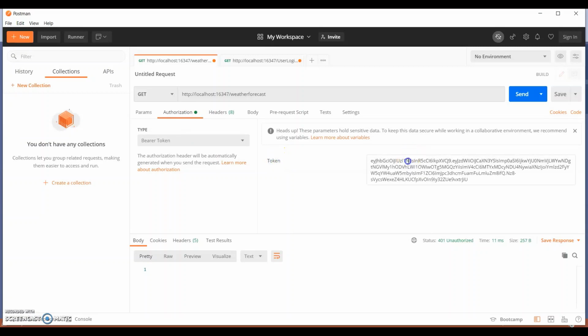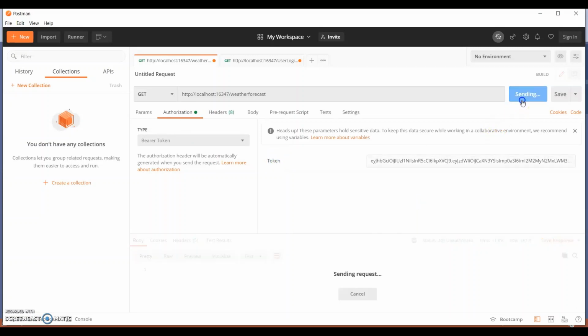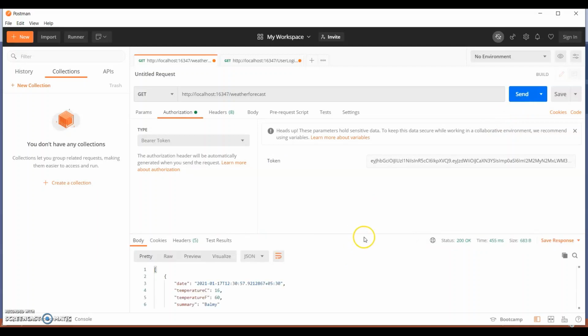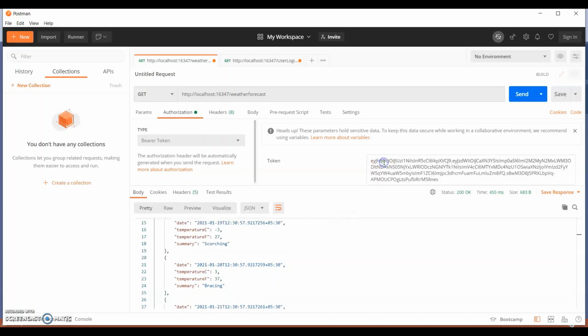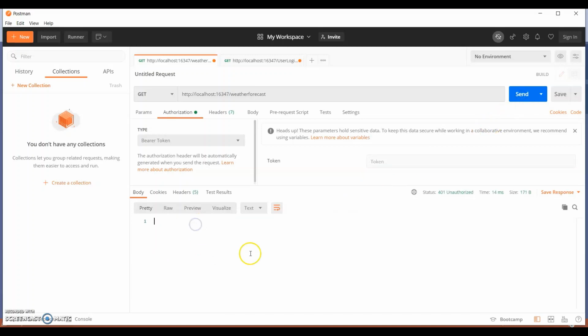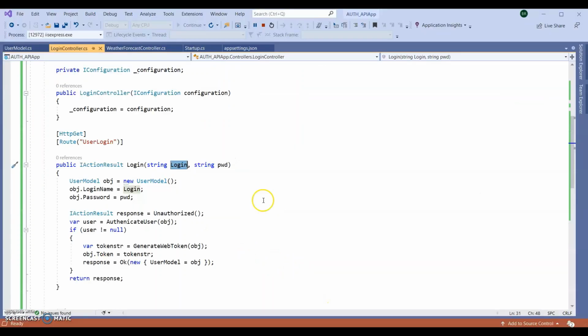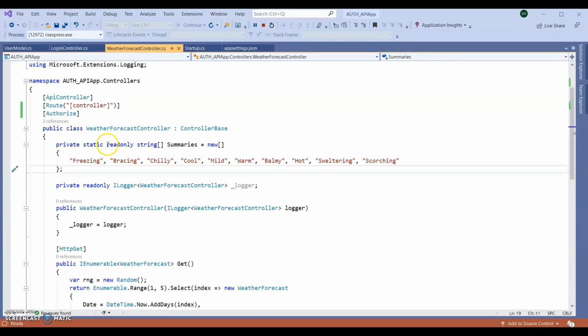In the token section, add this token, and click on send. You can see if I add this token, I am getting the data. If I am not adding this token, I am not getting any data. So this particular weather forecast service API has been authorized.